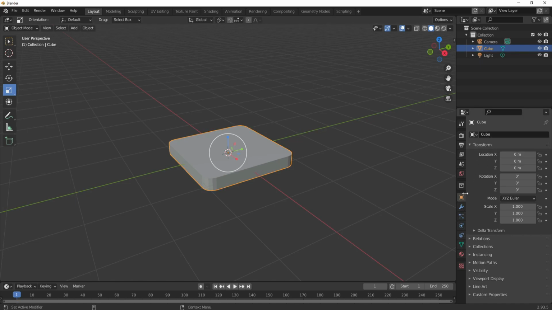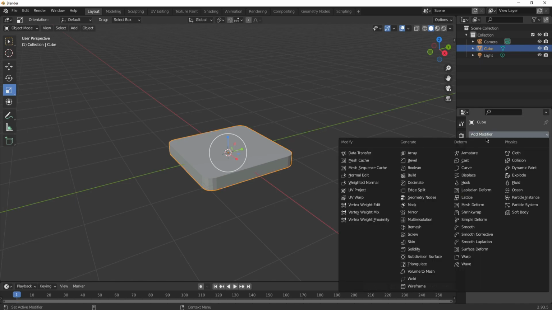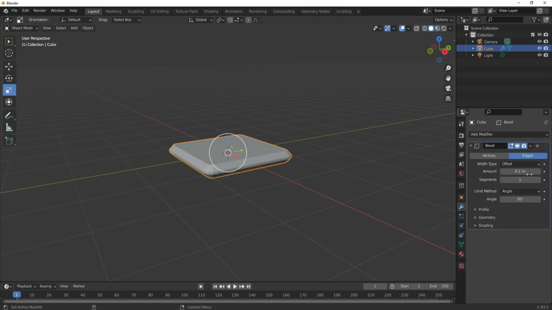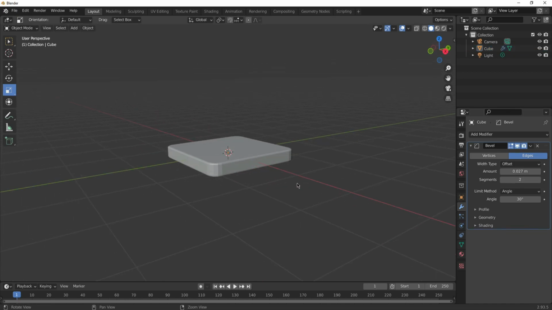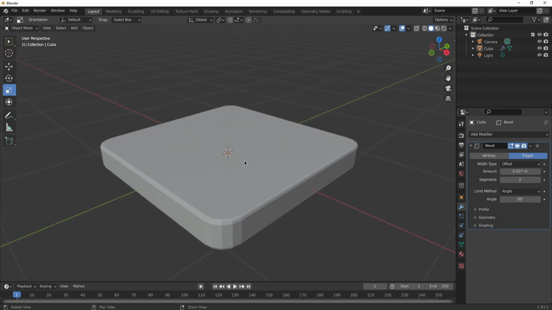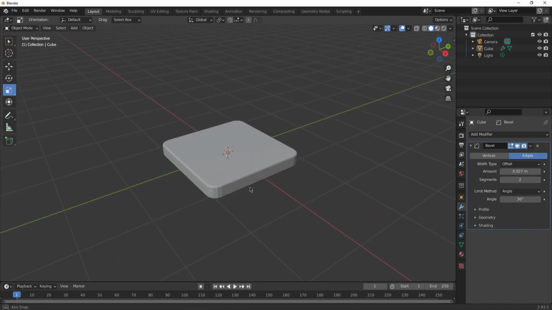So let's go into our modifier tab and let's add a bevel modifier so that the top and bottom of our disk is beveled. So hold shift and just give enough beveling on both the top and bottom so that it starts to look like this. Okay, so